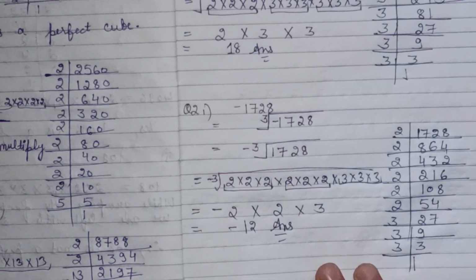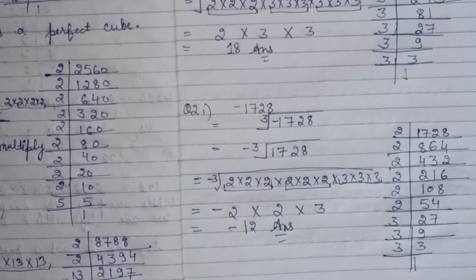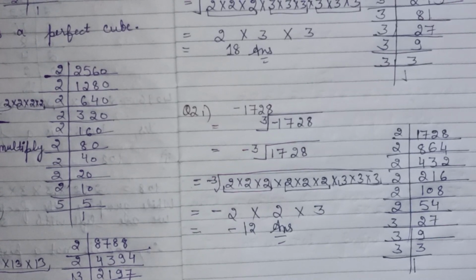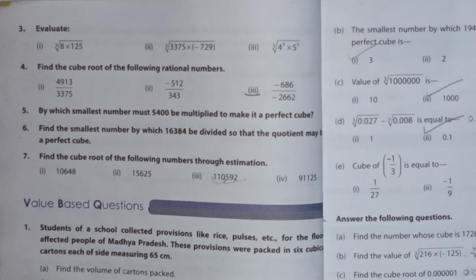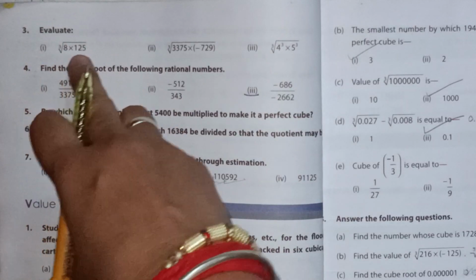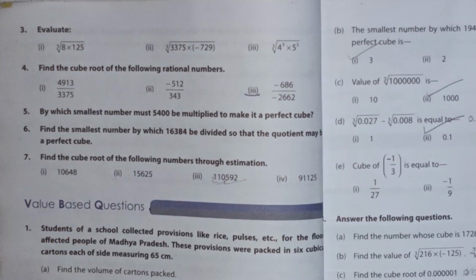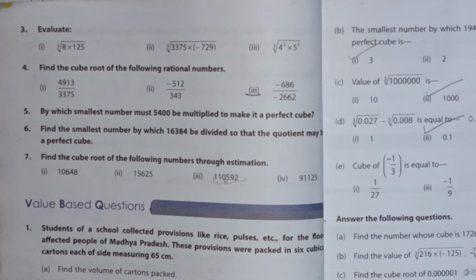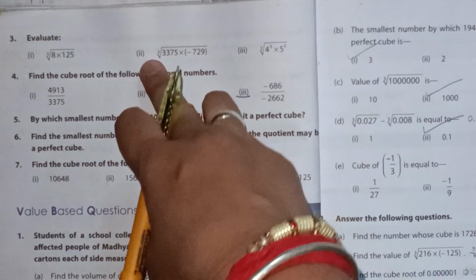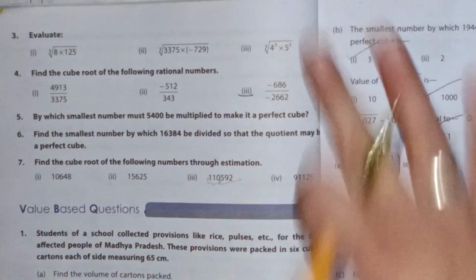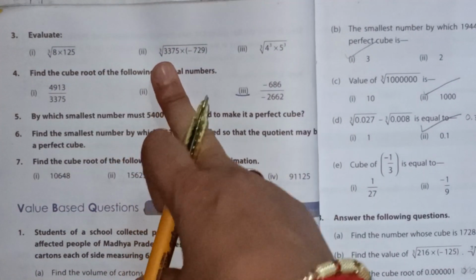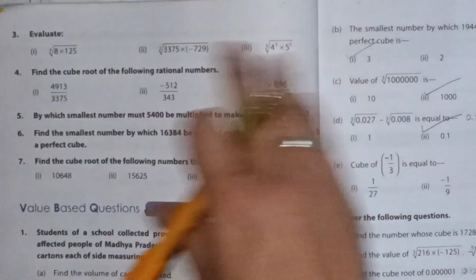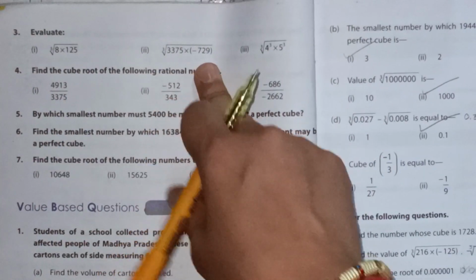It also has 4 parts but all the rest of the parts are similar to this first one. So let's move to our question number 3. Now this is our question number 3. Evaluate this first part, cube root 8 multiplied by 125. It has 3 parts but we will do one part from here. So we can do our question number 3 second part. From these 3 parts we can do this second part and all of these 2 are the same as this one.